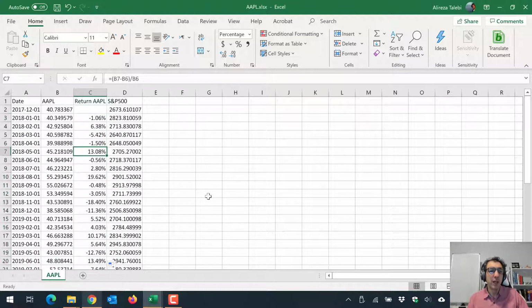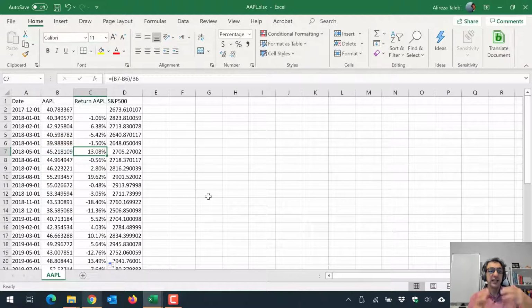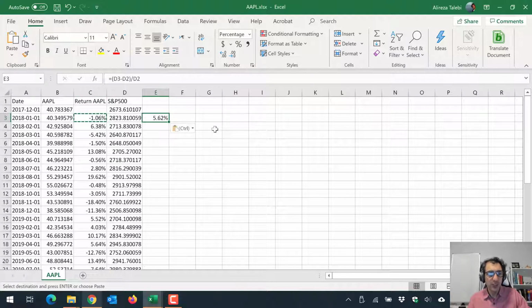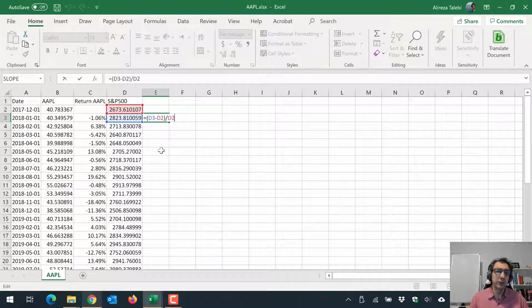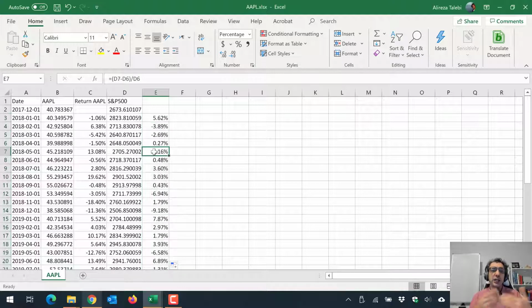We can double check. For example, what happened to that 13%? That's B7 minus B6 divided by B6, exactly the return we're looking for for the month of April. So we do the same thing for the index. I just copy the formula I had here and paste it here. Just double checking that I have the right formula. It's showing the return for the month of January for the stock is 5.62%. Same thing, go to the right corner of the cell, double click on that, and it will generate the return. So this is the return for